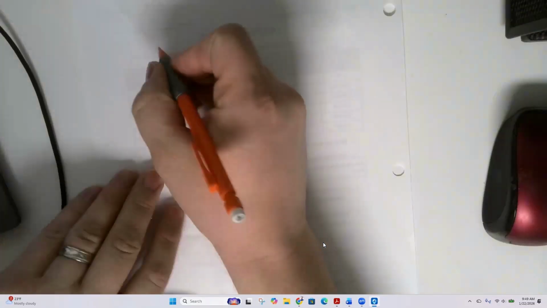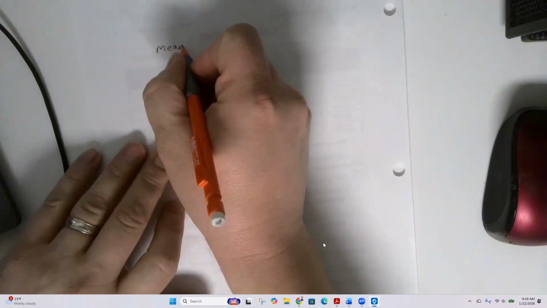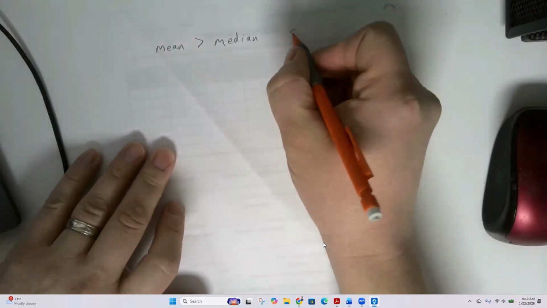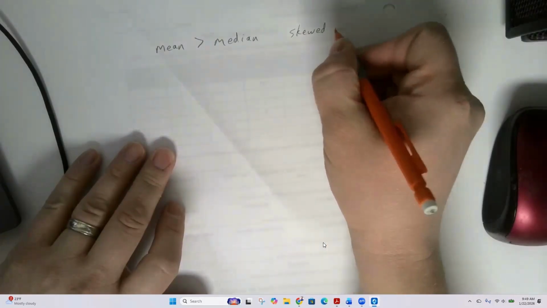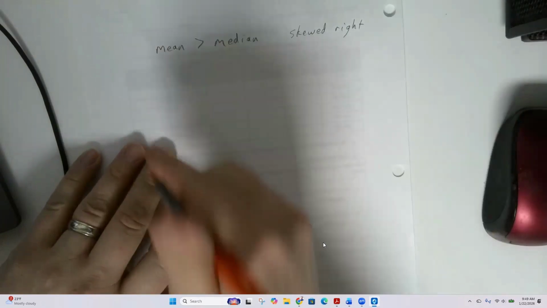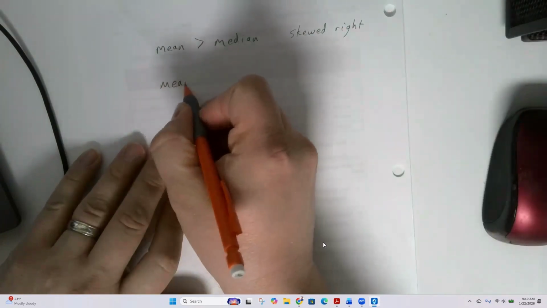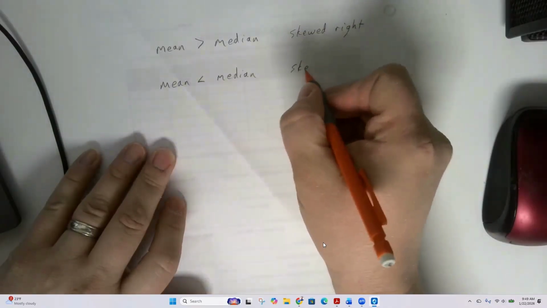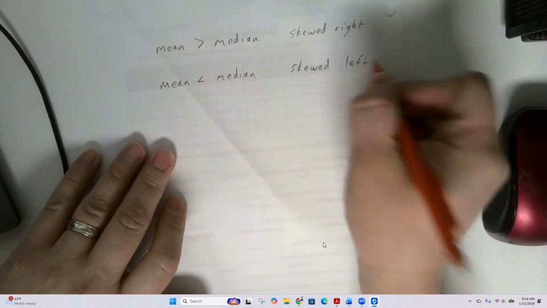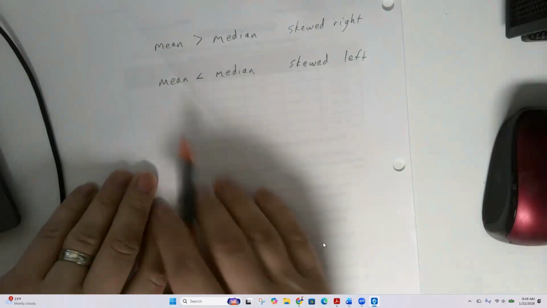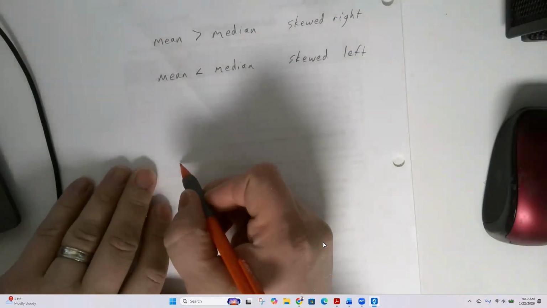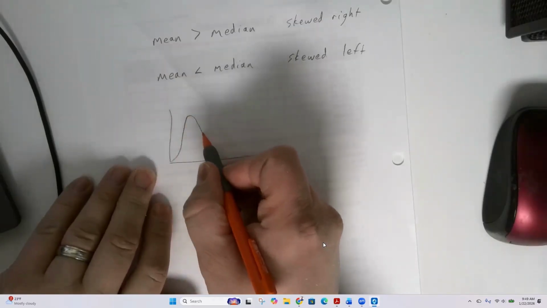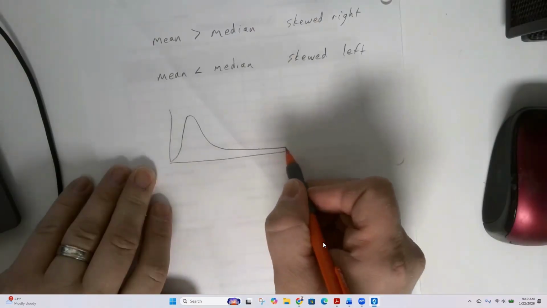All right. So if your mean is greater than the median, then that means it is skewed right. Now, if your mean is less than the median, it's skewed left. Why is that? So if I have this graph, which I don't have a graph right now, but if I have this graph here, and it's got this long tail off to the right,